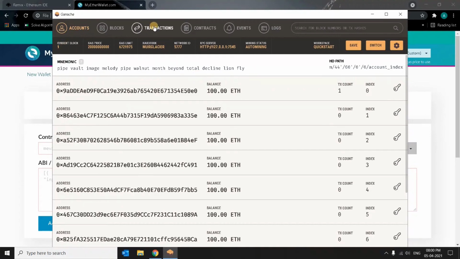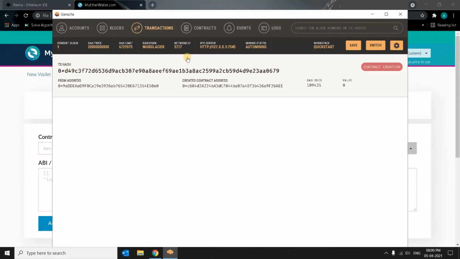Let's go to transactions. So you can see this is the block we have created, and this gas is called the transaction fee. Even if the block is successfully executed, it will use some gas, and if the transaction fails, it also will use some gas. It will be half the fee. So if you are dealing with cryptocurrency transactions, make sure what the transaction fee is and how much gas is being used.